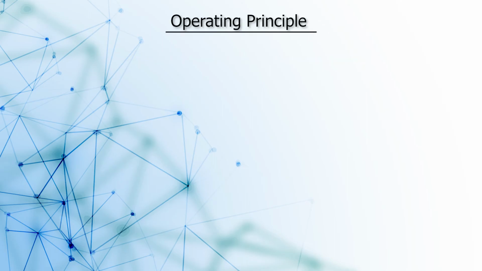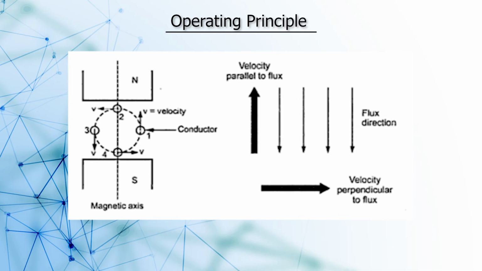Now, operating principle, I have told you, you are having two poles, north and south poles, and then you have the winding shown there. In this diagram, we have shown a single conductor placed under the magnetic field, which is produced by two stationary poles. Poles are north and south. Now, as we rotate this rotor with the help of prime mover, you will get the required rotating magnetic field.